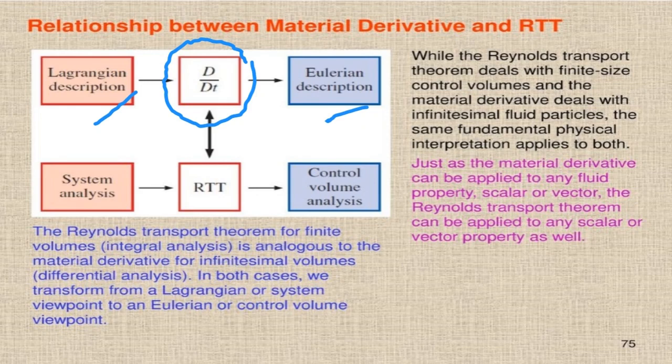In the Reynolds transport theorem, the system and control volume are connected to each other. And at the end, actually, they will be representing the same conservation equations, whether you use Lagrangian descriptions, which use derivatives,